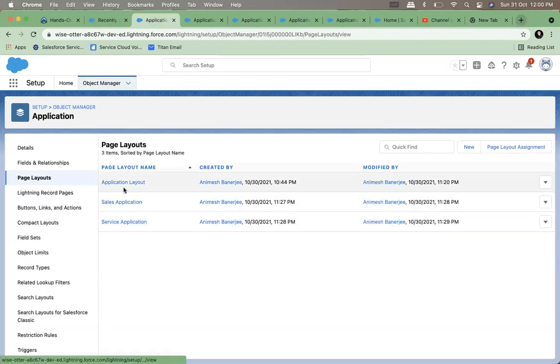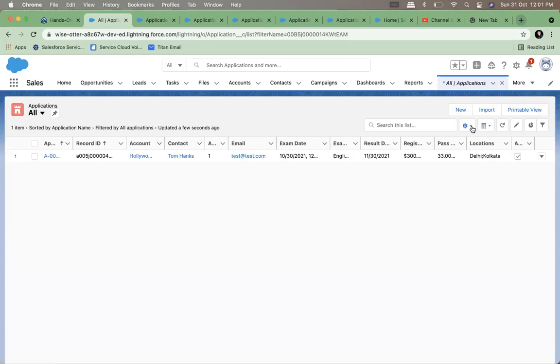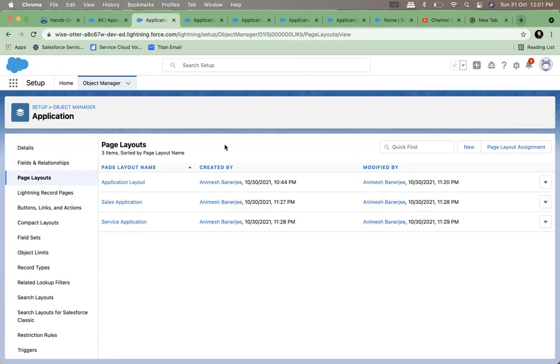Maybe the system administrator will have all fields. The sales people will only see the sales fields. Service people will only see the fields related to service. This is ease of inputting fields. This does not mean a salesperson cannot see the other fields. They can go and see the fields entered by other people in this list itself. Just go to this list and add their fields here, and even if they are not able to input a value, they can see the value.